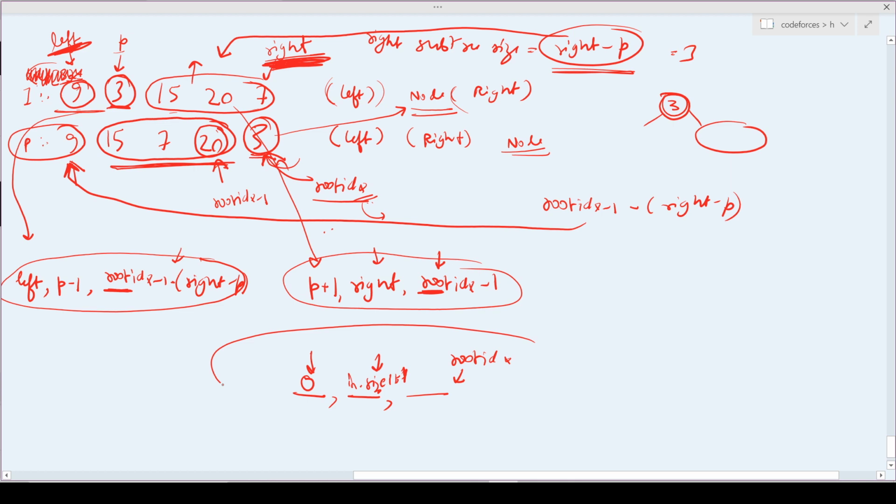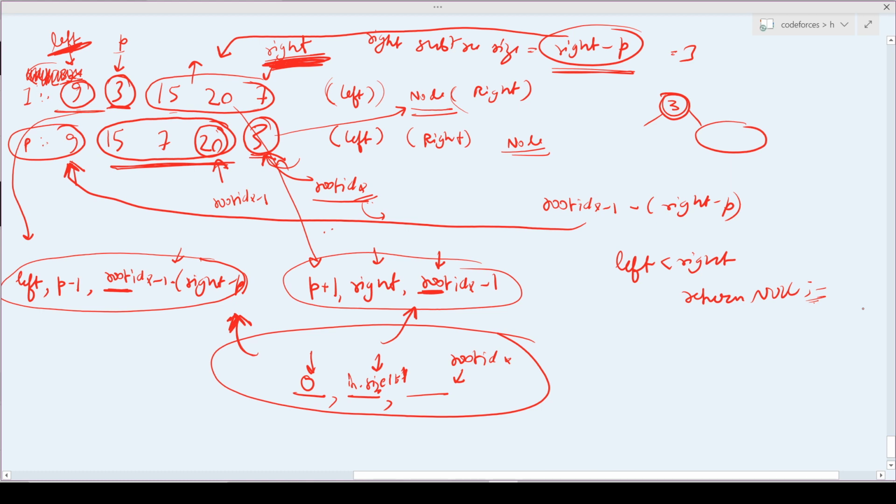So I will start my function call with this. Then in my recursive function calls, I will first have a function call to the right part and then to the left part. Okay, so I hope you guys must have understood it. So let's quickly write the code. And yes, the base condition is, if left exceeds right, I will just return null, because I am pretty sure that my answer will not be there.